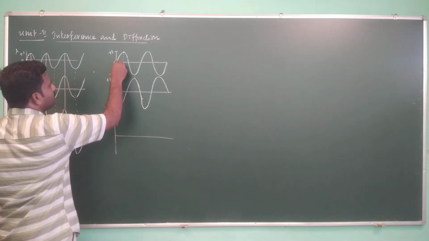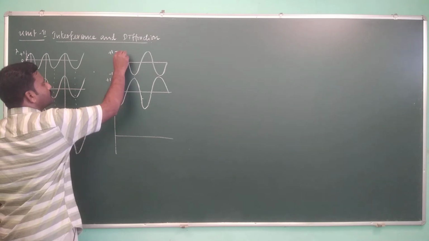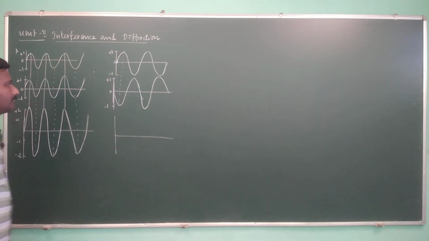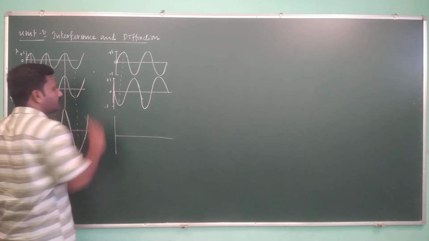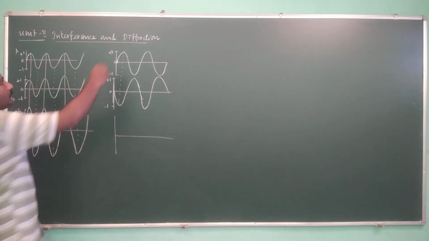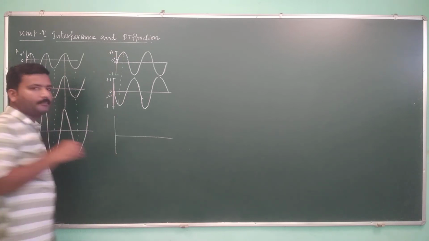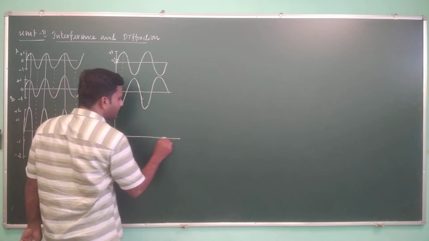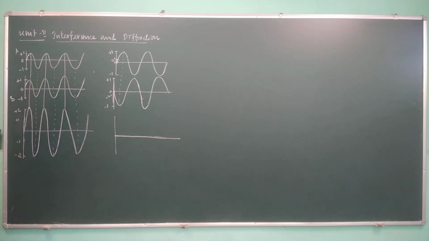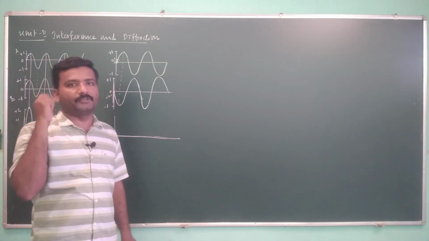So if you compare each instantaneous value, here it starts from 0 and builds up in the positive direction, whereas this wave starts from 0 and builds up in the negative direction. When you add plus and minus of the same value, what will happen? It becomes 0. So what do you get here? You get nothing. When you add these two waves, you don't get any resultant wave. These are the two cases of two interacting waves.